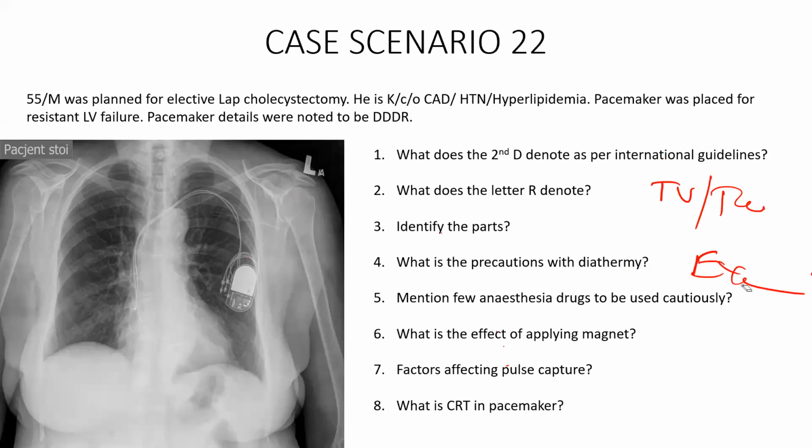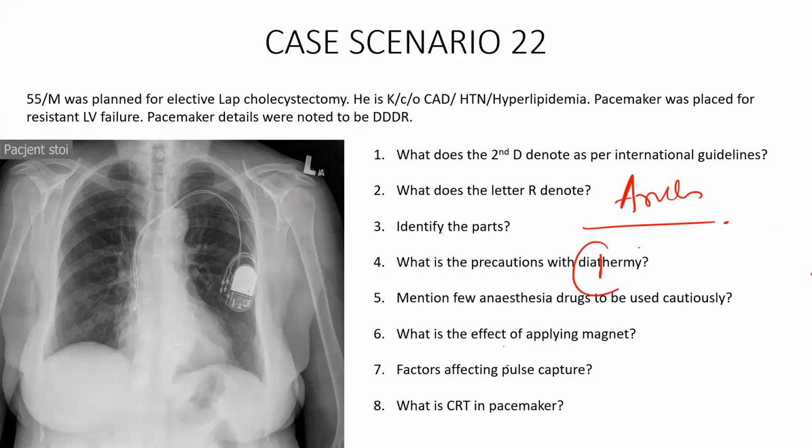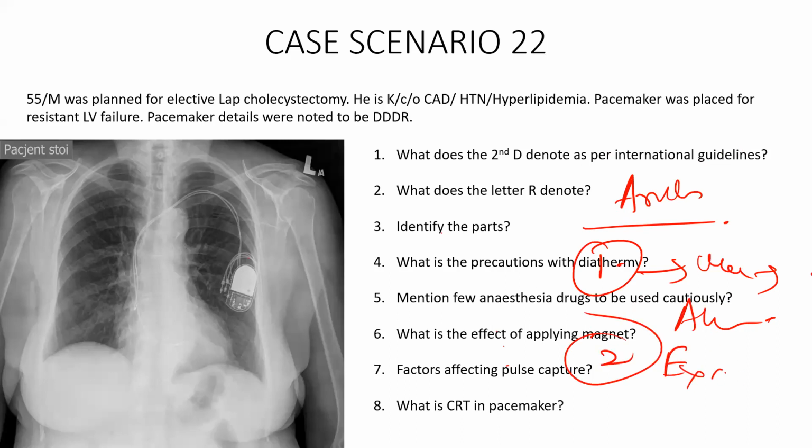So say, for example, if you're doing an elective surgery and the patient is having ventricular fibrillation, but the machine will not deliver a shock because you have reprogrammed it and stopped the anti-tachycardia function. So how to manage in that case? When there is an arrhythmia, the first thing you can do is reprogram immediately and get it back to the anti-tachycardia function. Once the anti-tachycardia function is activated, it will immediately deliver a shock. That is option one.